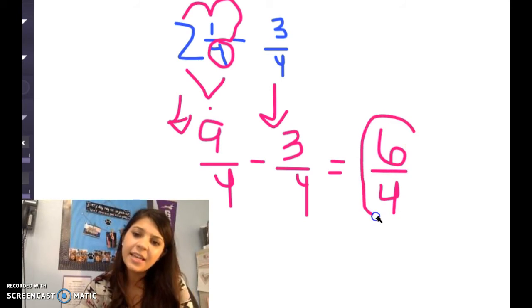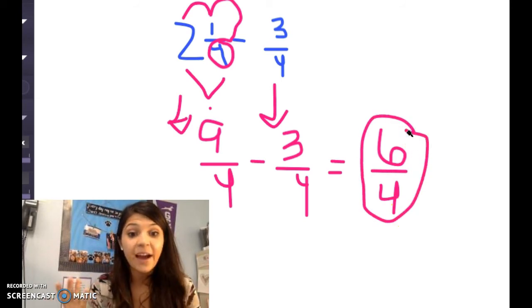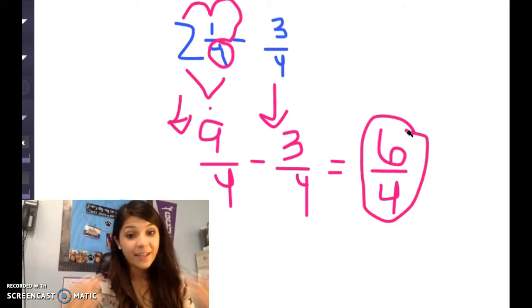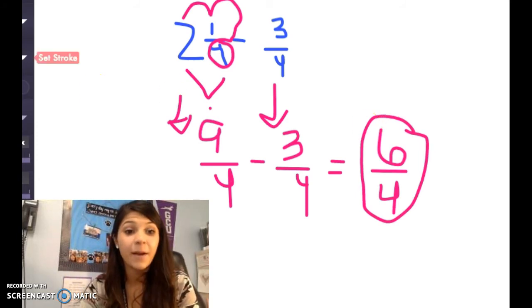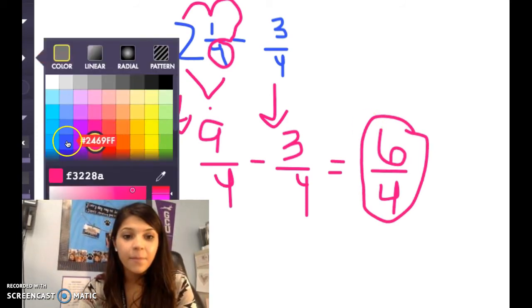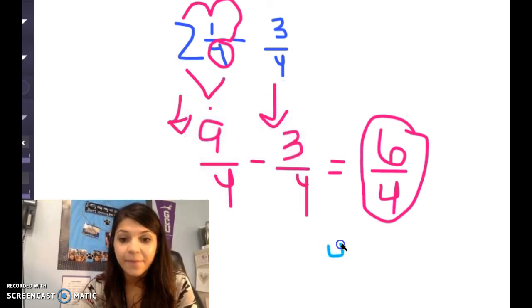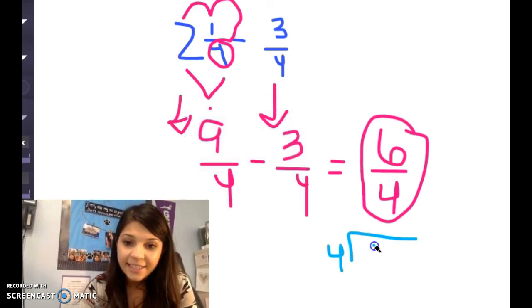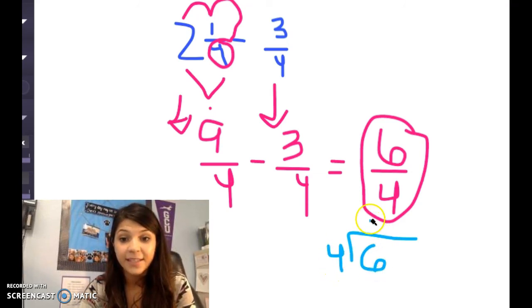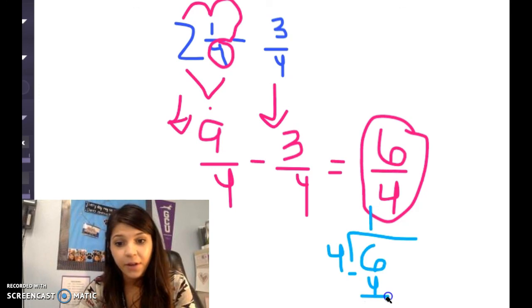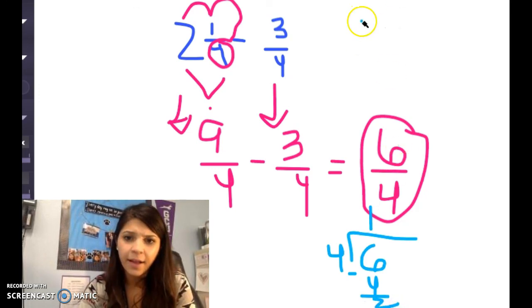But this is still an improper fraction, right? So what do I have to do? That's right. I have to simplify it. And I do that by coming over here and dividing it, right? So I have 4 and 6. I know that 4 goes into 6 one time. I know that I'll have a remainder of 2. So I'll have 1